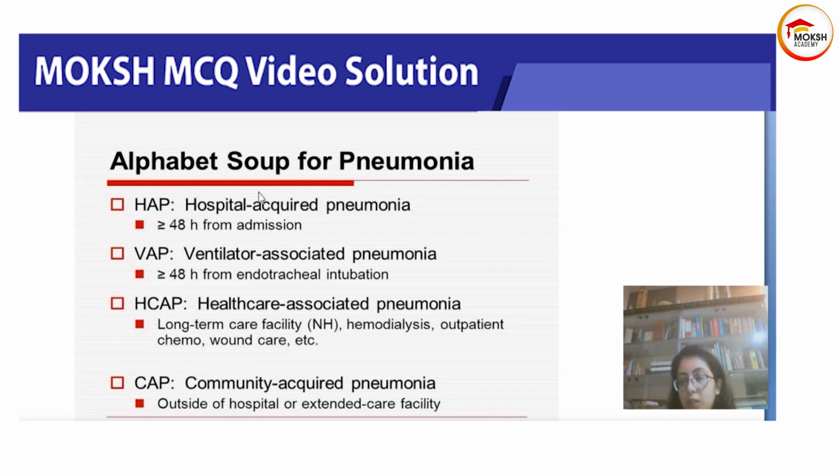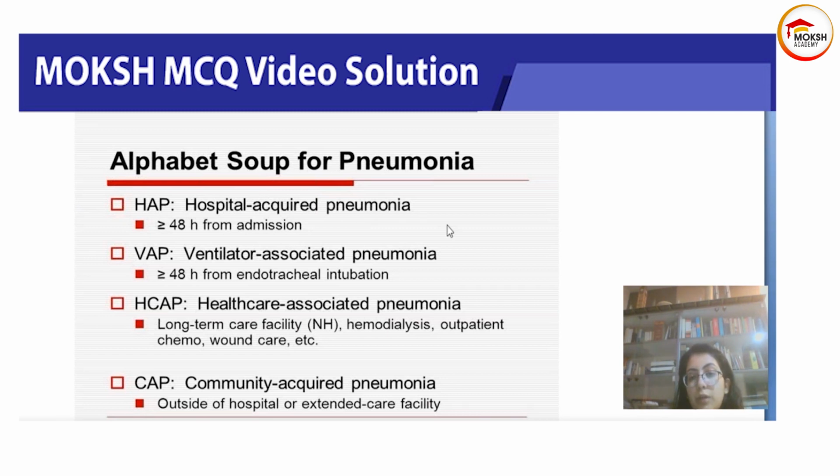In our case, the patient came with a history of stroke and initially didn't have pneumonia, and after being admitted for stroke for 48 hours, he developed pneumonia. So this is hospital acquired pneumonia, this is community acquired pneumonia, and this is ventilator associated pneumonia. It is very important to distinguish between community and hospital acquired pneumonia because the causative agents for them are different. Basically all of them can cause all of these things, but the most common organism that causes hospital acquired pneumonia or community acquired pneumonia is different.